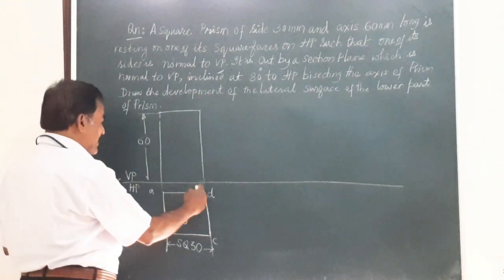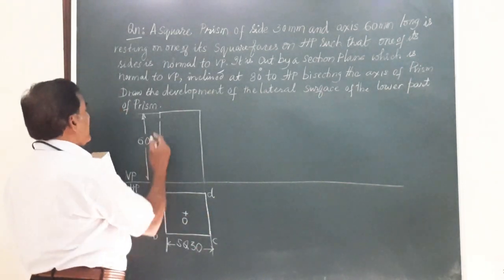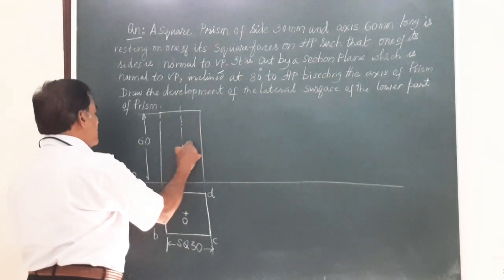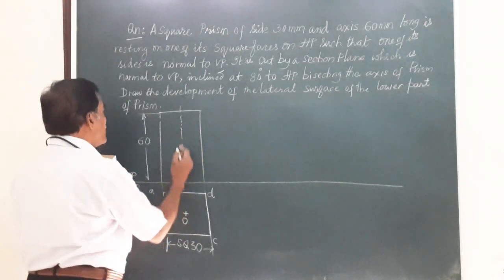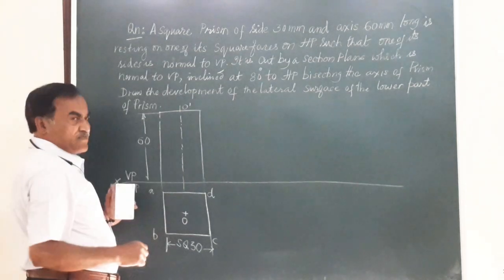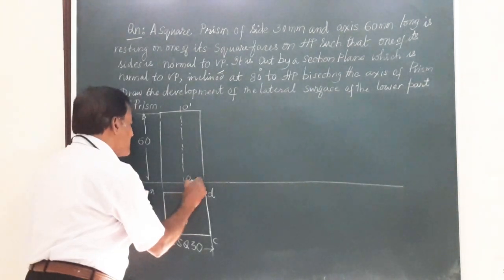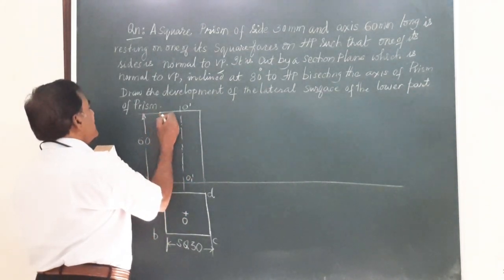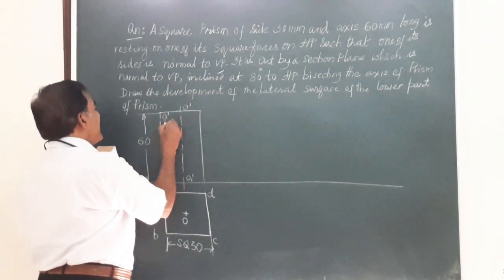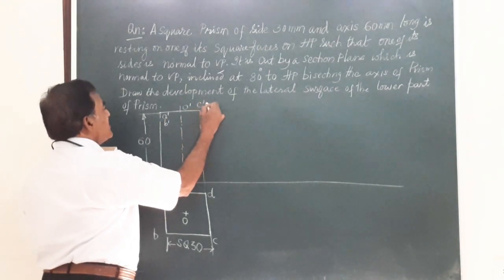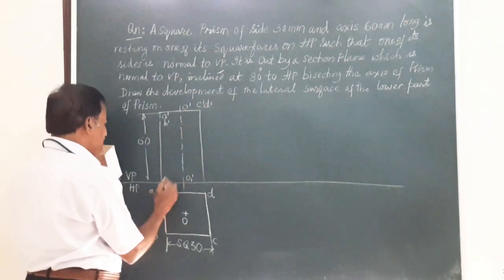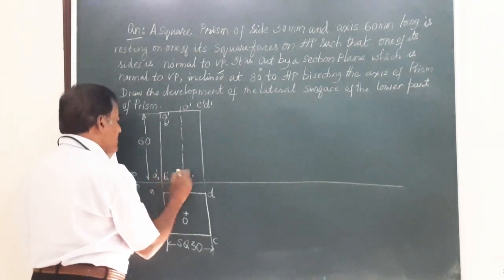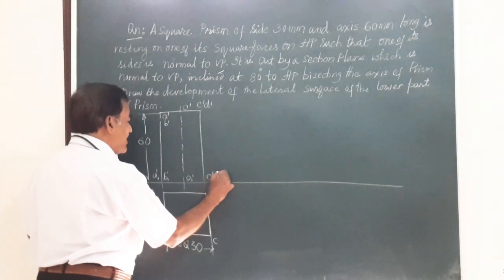So let me mark the height of the solid as 60 mm. Before marking the points of the top face, let me mark the axis, dash dot, dash dot, dash dot, like this. So this is O dash, the center of the top face, O1 dash, the center of the bottom face. For the top face, we have these points as A dash, B dash, C dash, D dash. Similarly, for the bottom face, we have A1 dash, B1 dash, C1 dash, D1 dash.